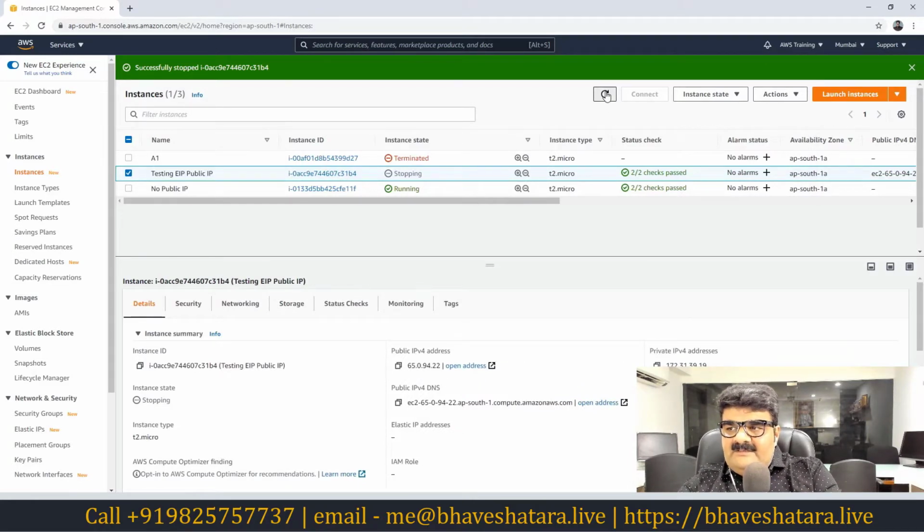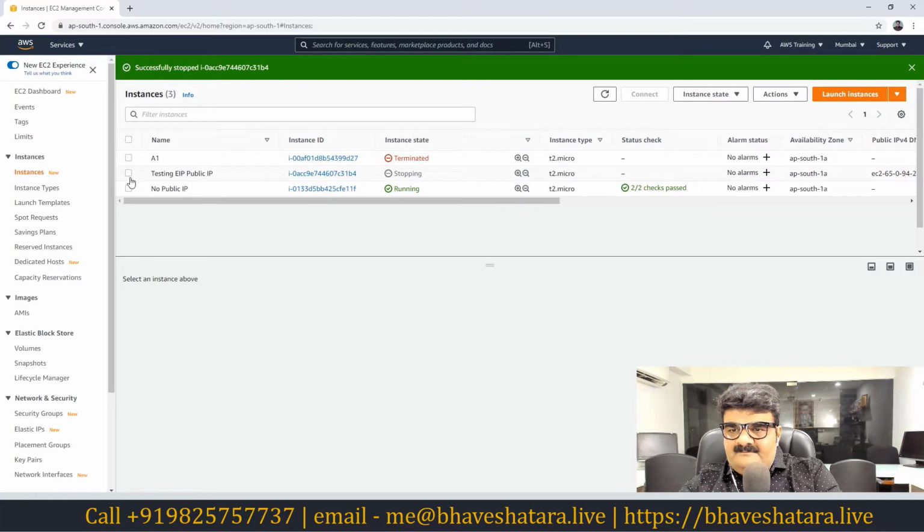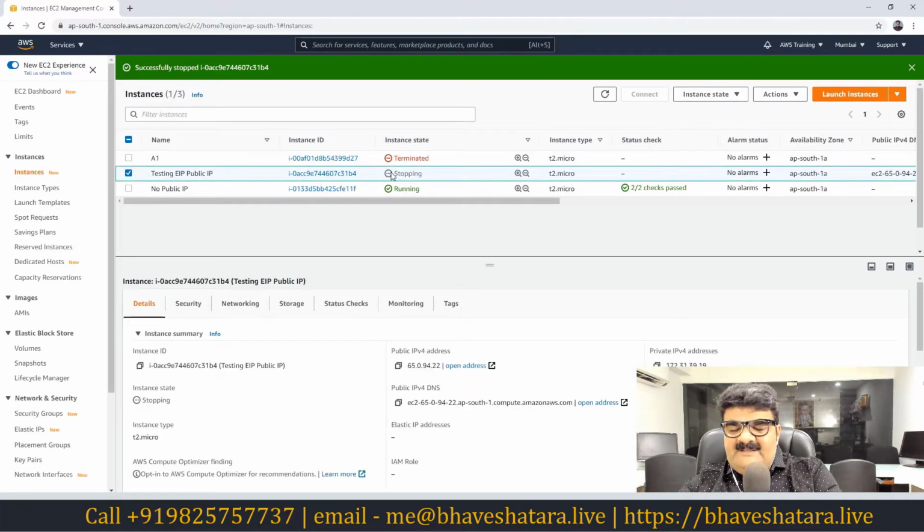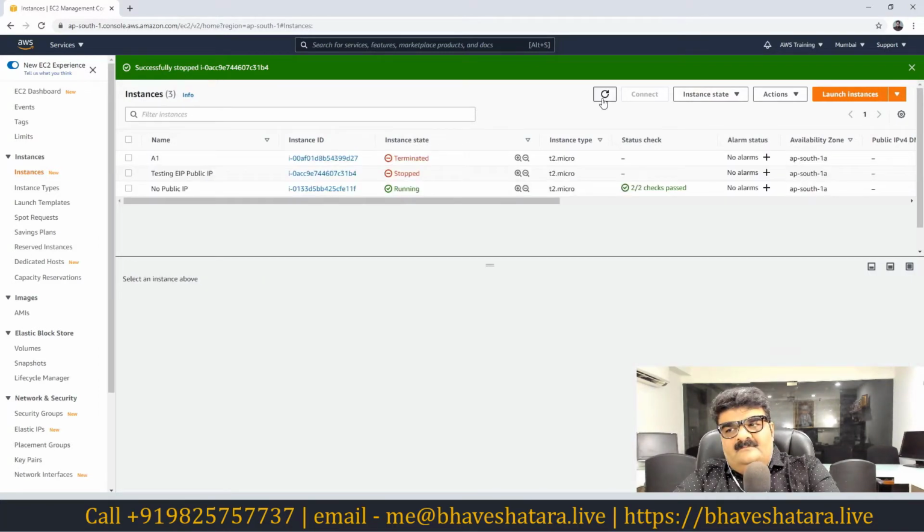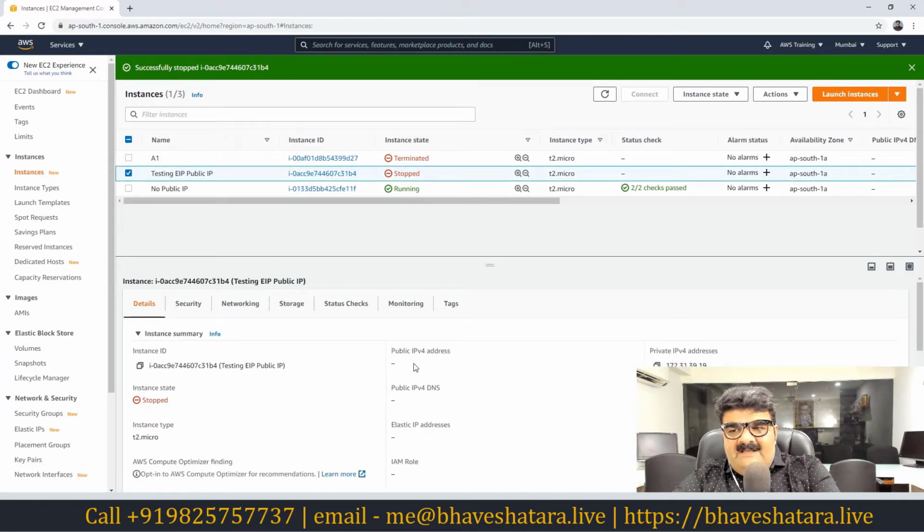Okay, now it is stopping. It is stopped, and look over here. The public IP address has disappeared. It means you are not paying for anything. Whenever you pay fees for your EC2 instance, the public IP address is included.